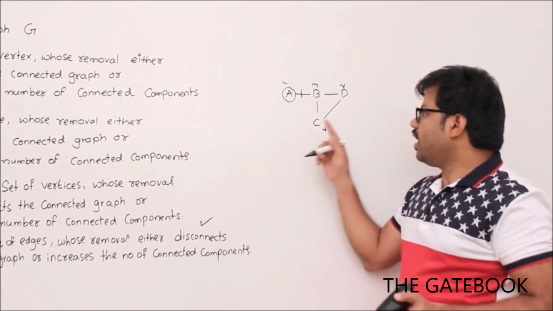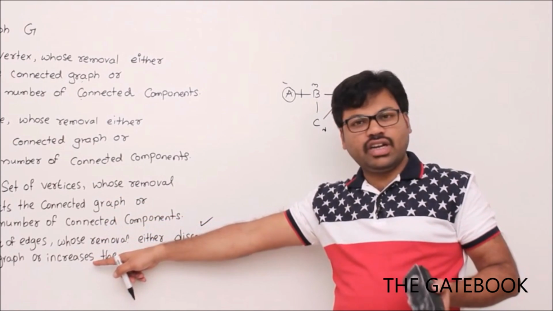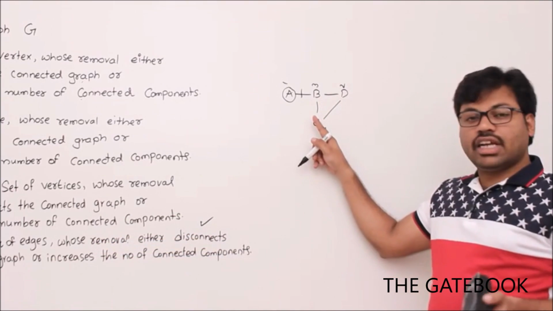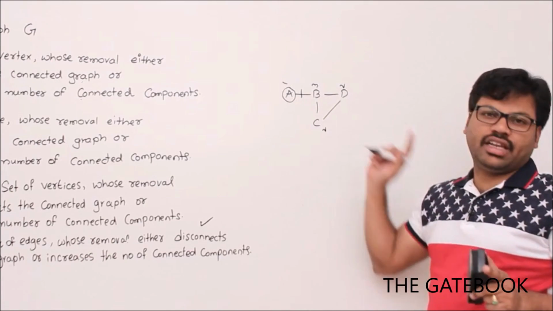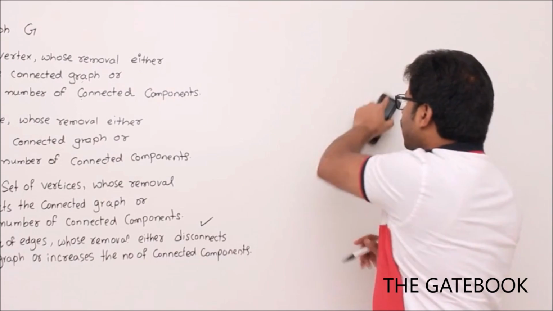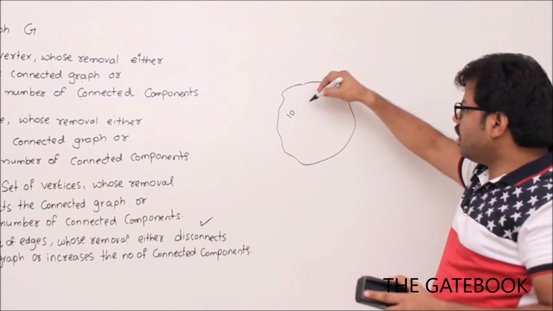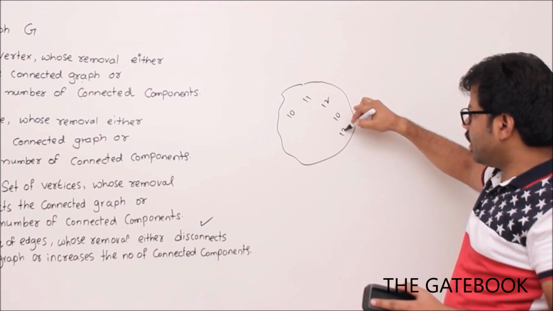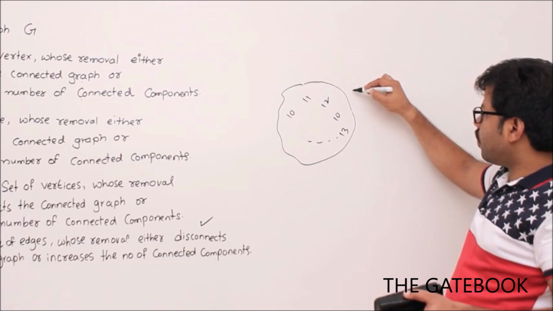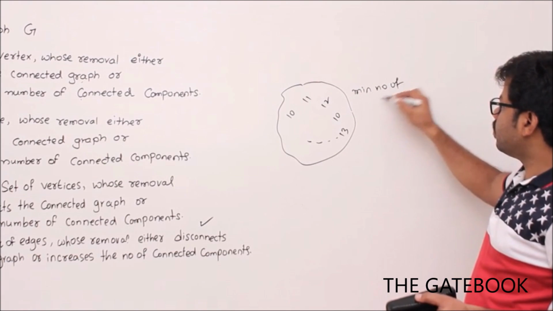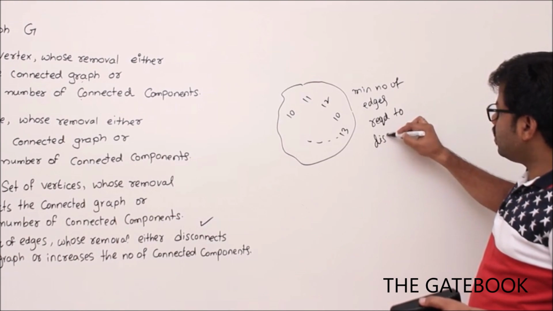Yes. So the summary is, for any graph, the cut edge set size, that means the minimum number of edges required to disconnect the graph, is not more than the minimum degree. For example, let's say this is your abstract graph. What I want to convey is, its minimum degree is 10. That means other degrees are 11, 12, maybe 10, 13, not less than 10. Then the question is the minimum number of edges required to disconnect this graph.